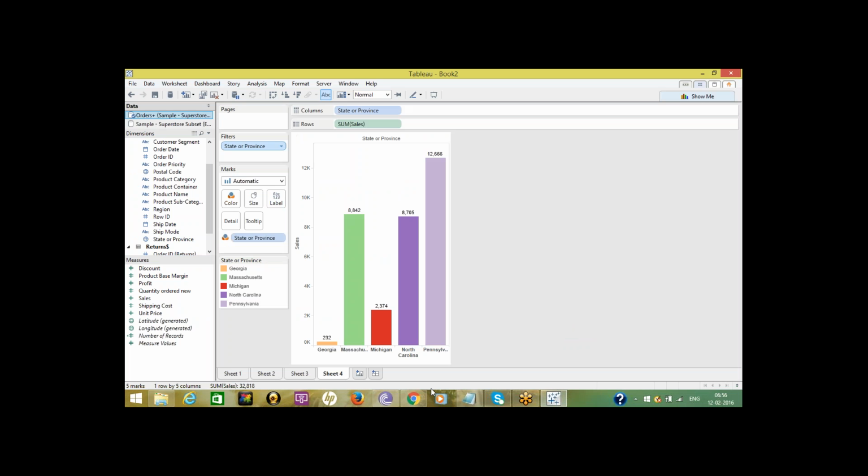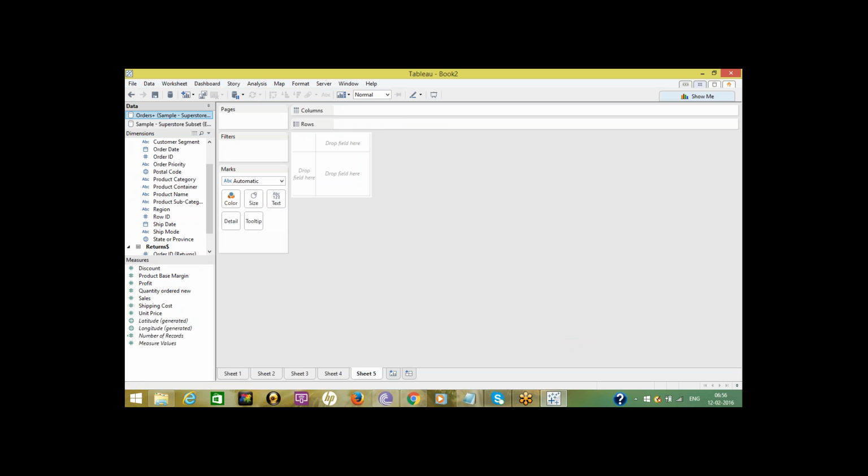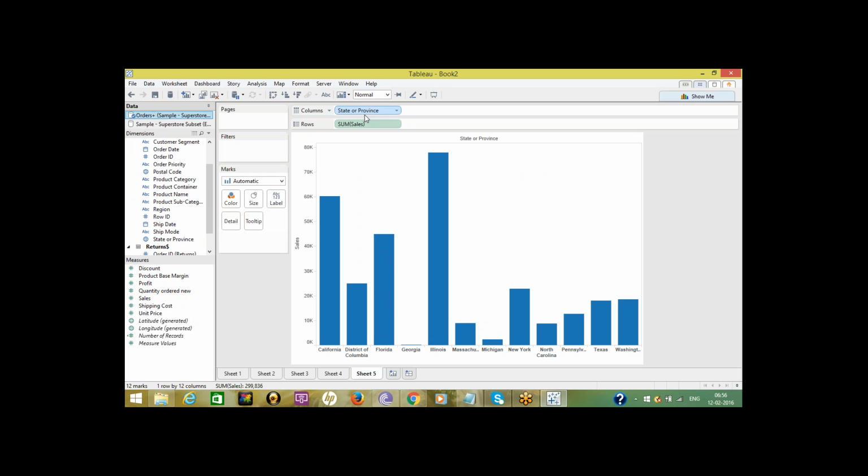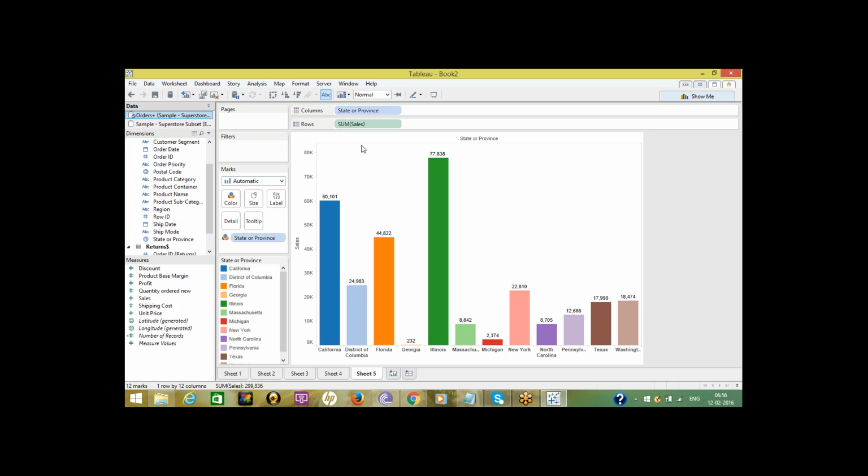Filtering measure data. Examples: state-wise total sales. So we'll see more examples in next session. Here, I want to display total sales more than 20,000.